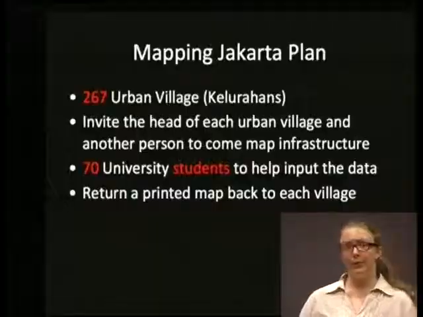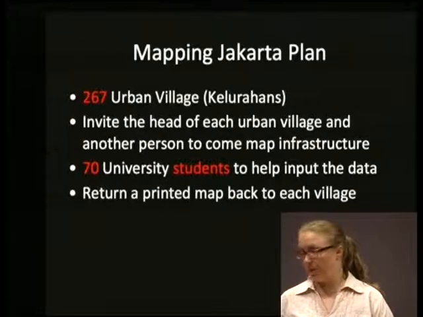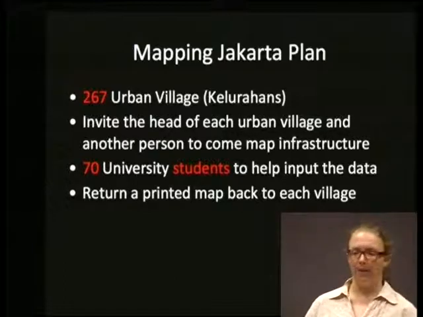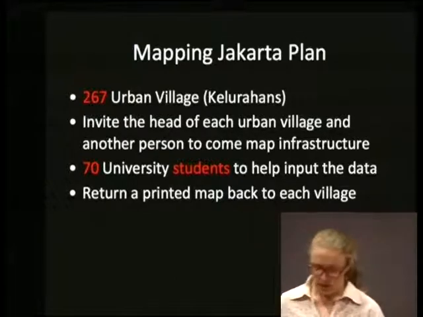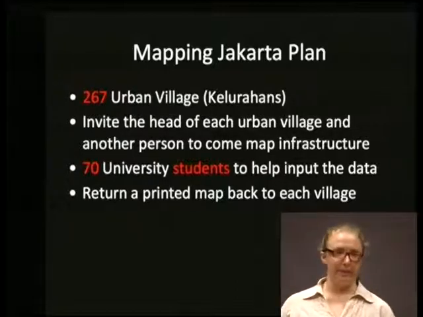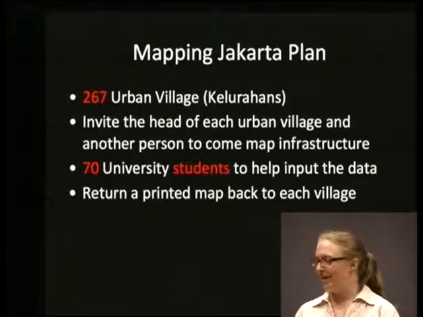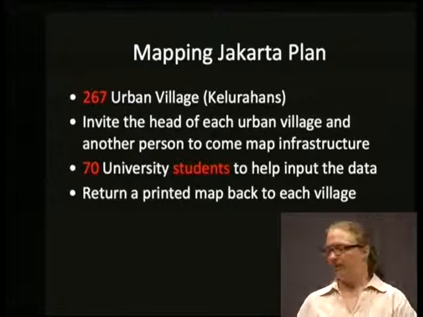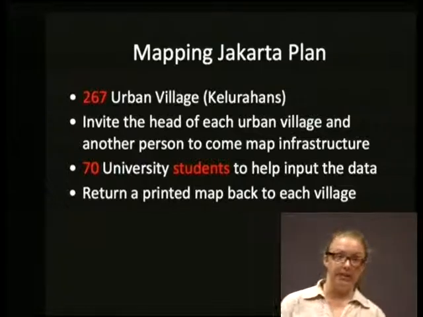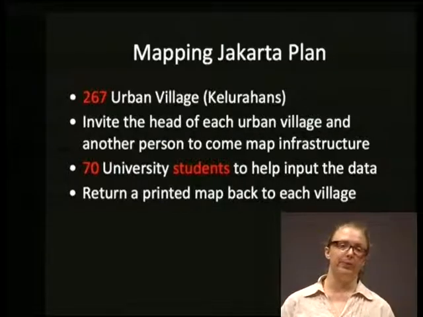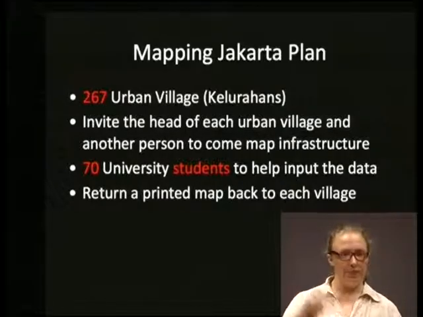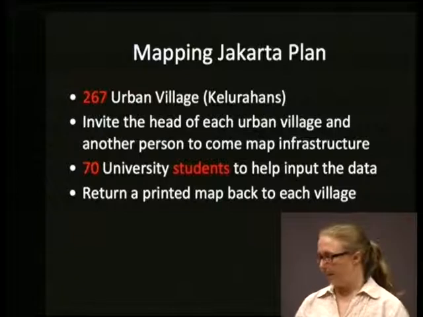So that was a fairly rural area we worked in. Then we worked in Jakarta. If you've seen the December issue of Wired, there's a little blurb about this. I'll actually say more than is in that article in the next minute or two, just because it was a short summary. So there's 267 urban villages in Jakarta, and in the province proper, over 10 million people live there. In the region, it's more about 20 million. So the population changes greatly as people commute during the day.